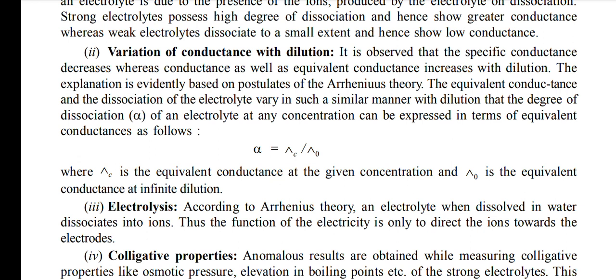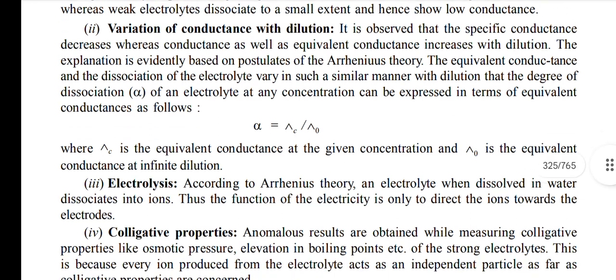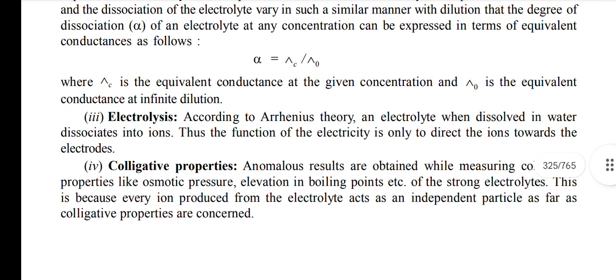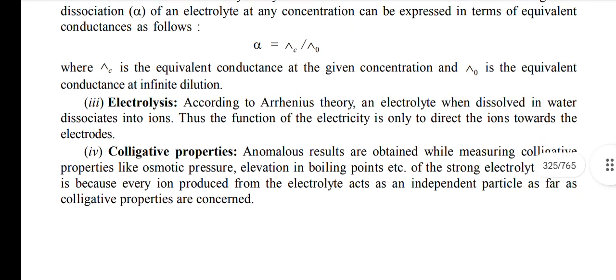The equivalent conductance and the dissociation of the electrolytes vary in a similar manner with dilution, so that the degree of dissociation alpha of the electrolyte at any concentration can be expressed in terms of equivalent conductance as follows: alpha is equal to lambda c by lambda 0. Note: where lambda c is the equivalent conductance at the given concentration and lambda 0 is the equivalent conductance at infinite